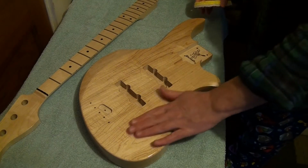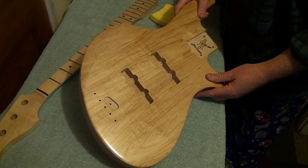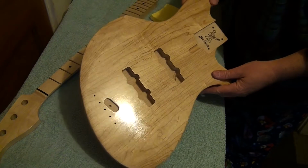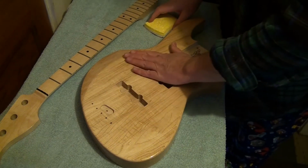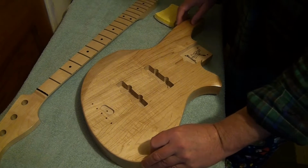All right, so the finish is done on this, and I think it looks pretty nice. I'm not that worried about a well, you know what, actually, first let me talk about the finish. I did a wipe-on varnish kind of a thing,